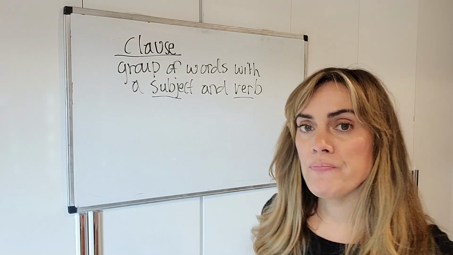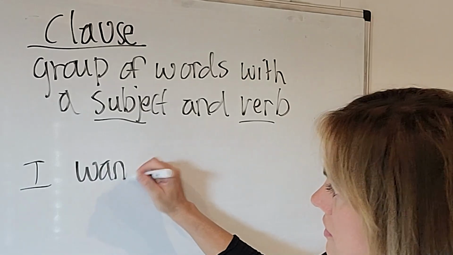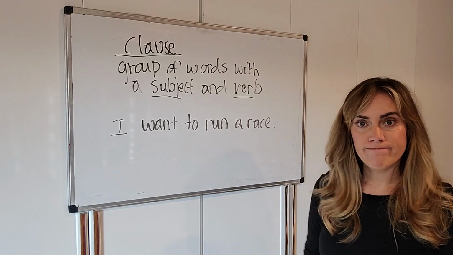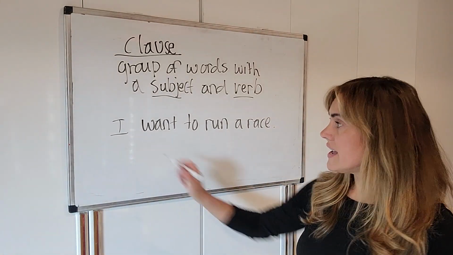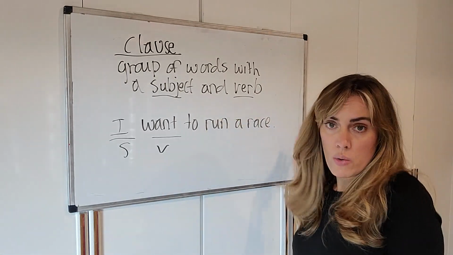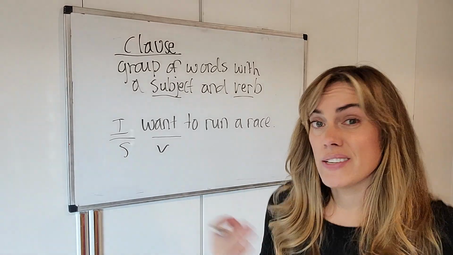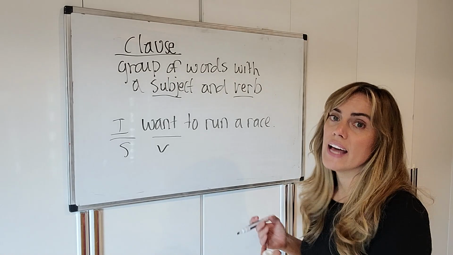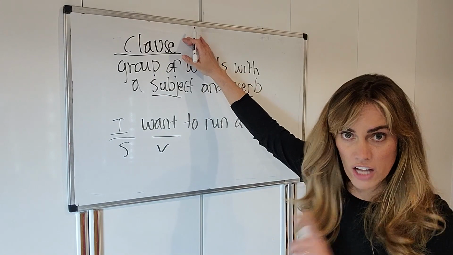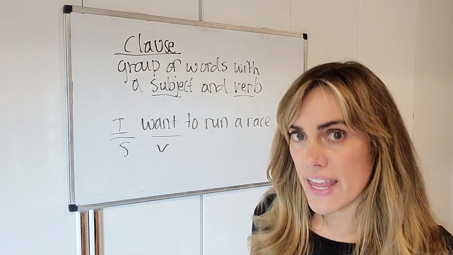So for example, if I say, I want to run a race. I have the subject here. Want is the verb. I want to run a race. It's a group of words with a subject and a verb. This one actually is complete because it makes sense. It has the complete idea. So this type of clause, there's lots of types, but this type of clause we can say is an independent